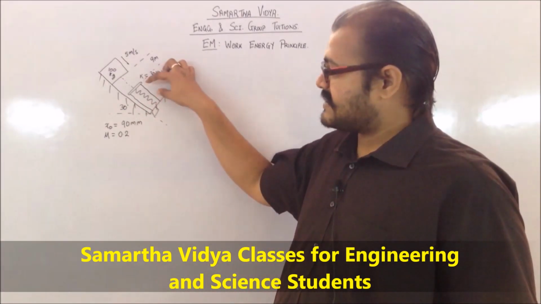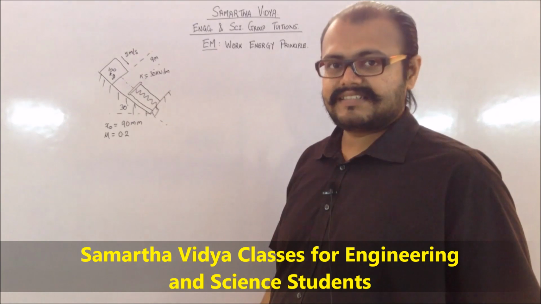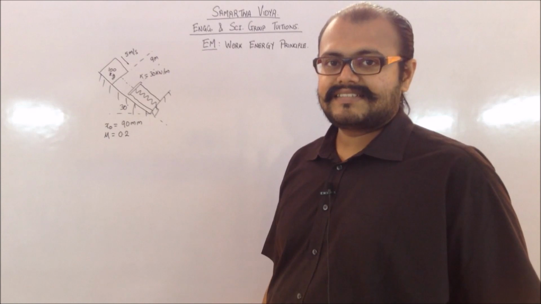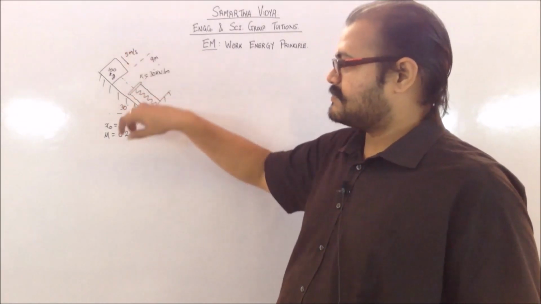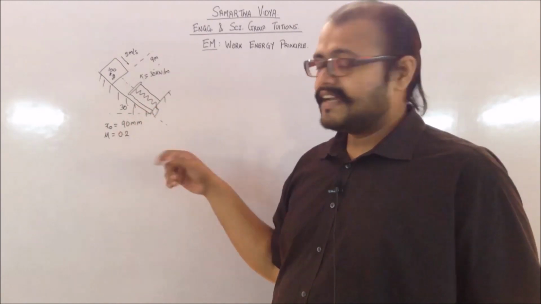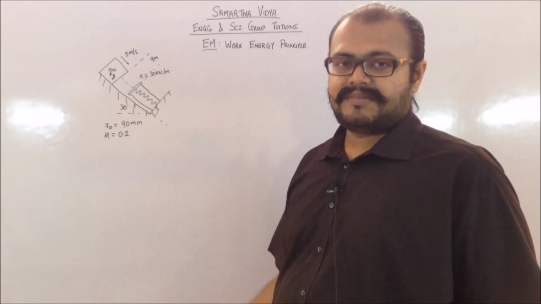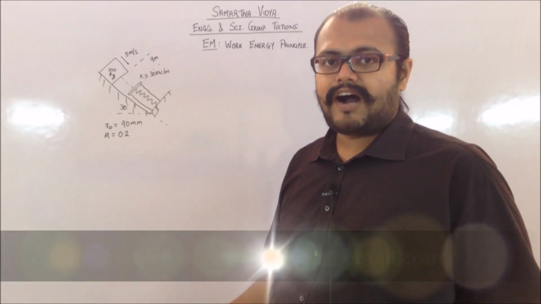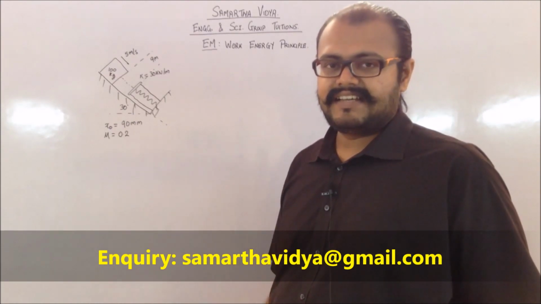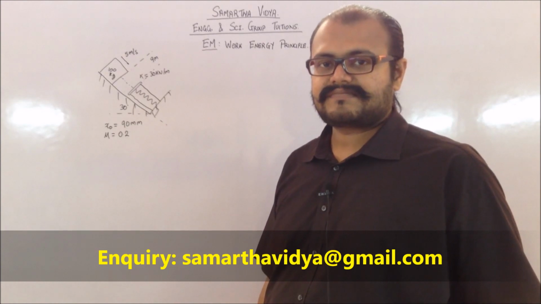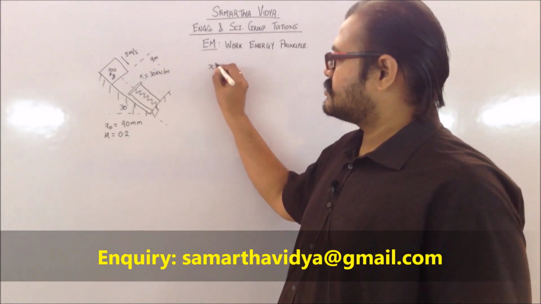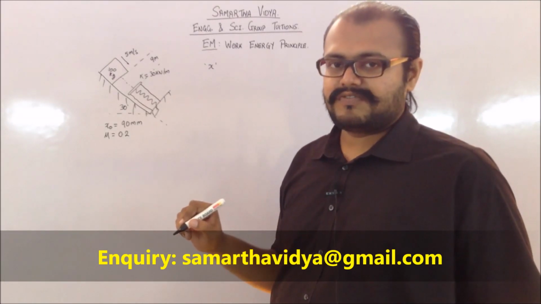So the question which is asked in this particular problem is, if this is the arrangement present, then how much extra compression will be there in the spring when the block hits it. What they are asking us is that since the block is going to be sliding downwards, it's going to hit this spring. So because of the force present because of the hitting, there is going to be some extra compression in the spring. So how much extra compression is going to be present is what is asked in this case. So let us consider the extra compression as some variable x. So x is the extra compression which we need to find.